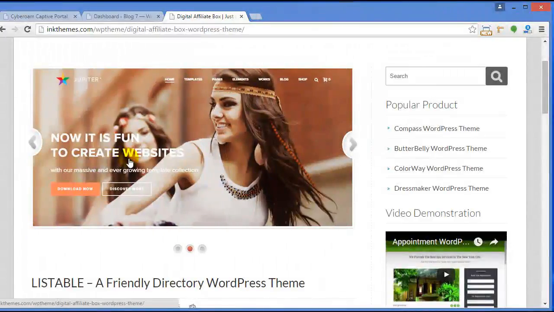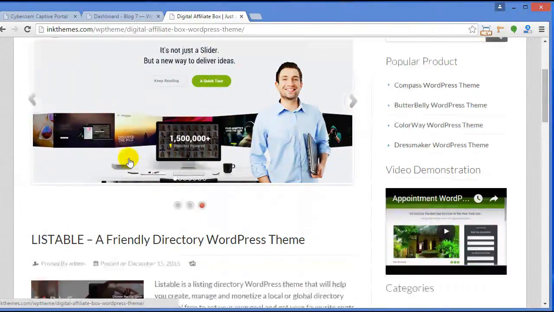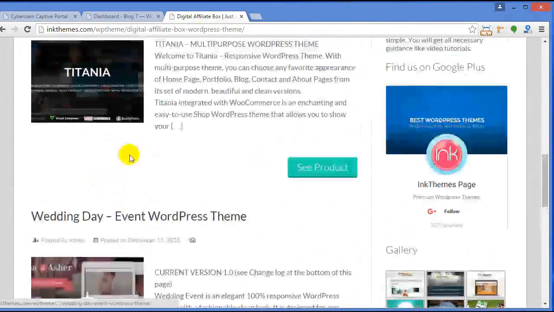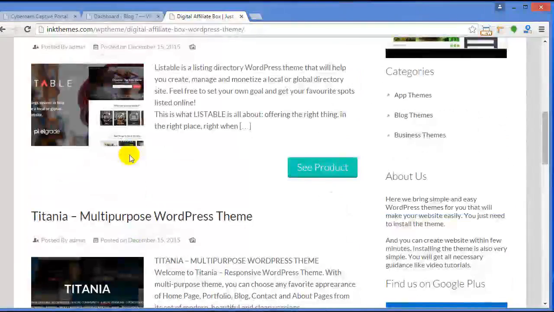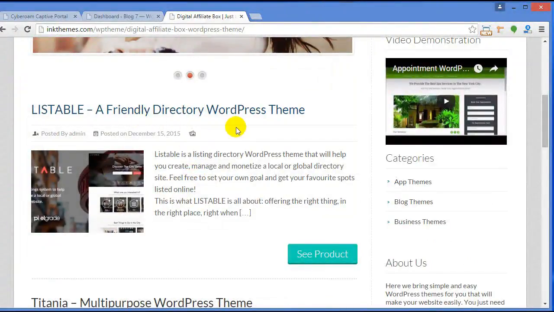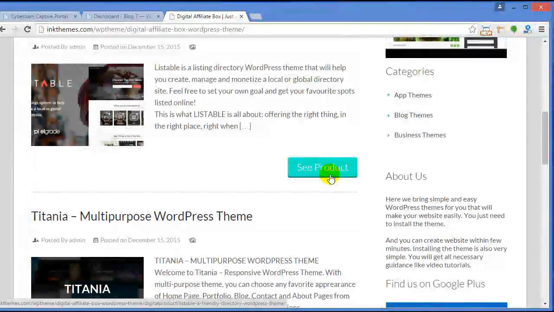Now scrolling down, here is the slider section. Here you can put your product image with a link or showcase some exciting offers and let your visitors be redirected to that page. Now moving down, here is the product section. Here you can showcase the list of products that you're going to import from Envato sites. Here you can see the image of the product along with its description and heading. Now here we have got the button.